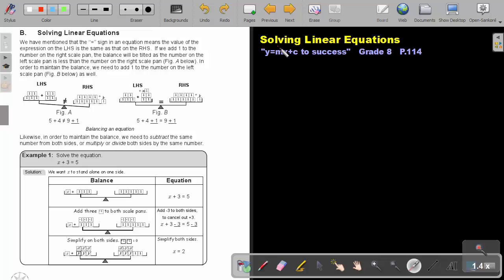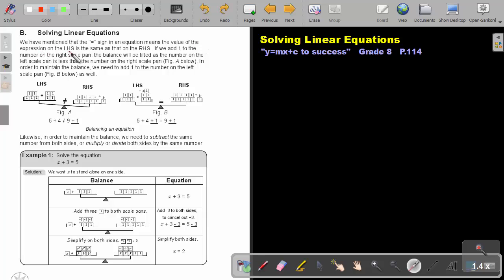Part 2, Solving Linear Equations. You will find this on page 114 in the Namibia Mathematics Grade 8 textbook, y equals mx plus c to success. Solving linear equations. We have mentioned that the equal sign in an equation means the value of the expression